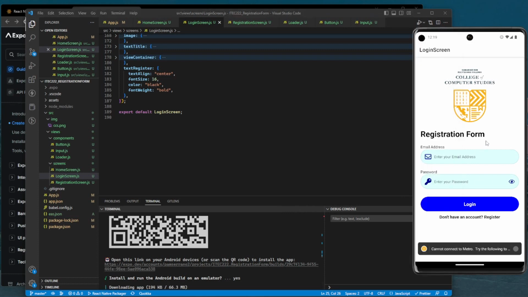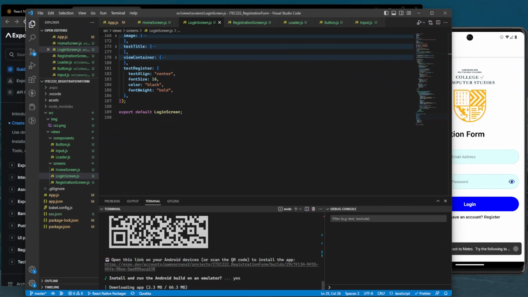Then wait for this to finish. If the installation doesn't move, you can manually install this. Just copy the link and